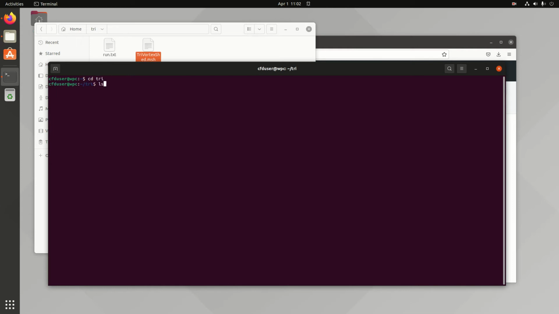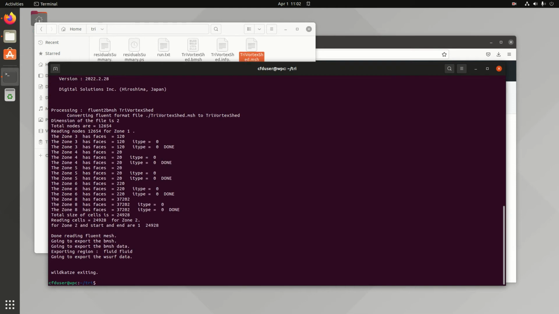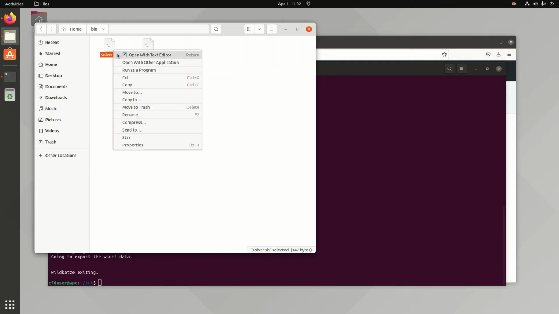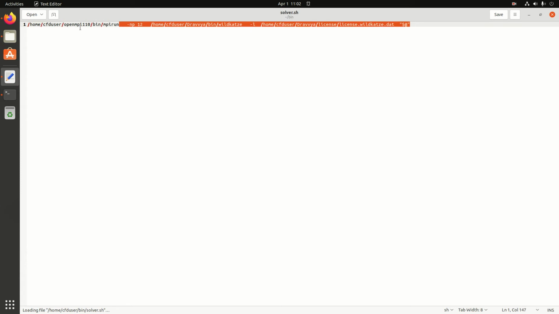Here we have this Fluent format file, and converting it is easy. Solver.sh -lc, then the path to the mesh and the file name without the extension .msh, and it's converted. Now solver.sh is part of the setup that we suggest the user can create, and we have it here in the binary, which basically